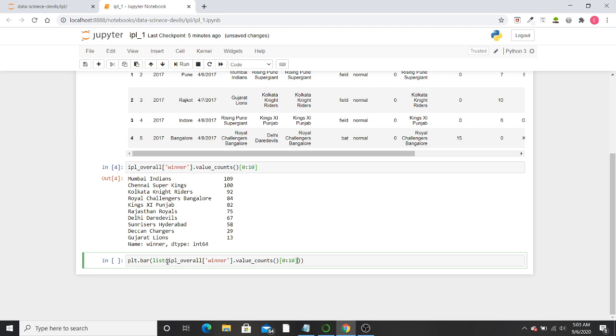And as it is the x-axis, and generally on the x-axis the team names are plotted, I don't need the values, I need the keys. So I'll use the keys function, .keys.